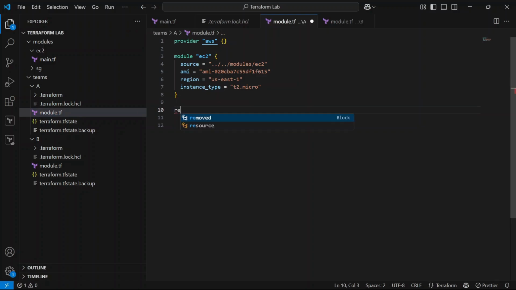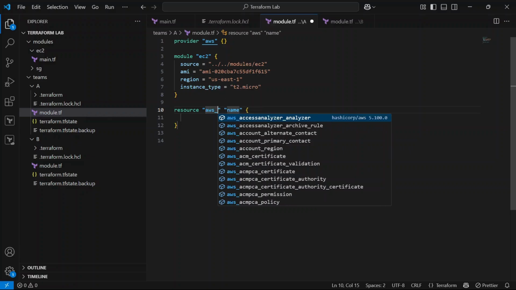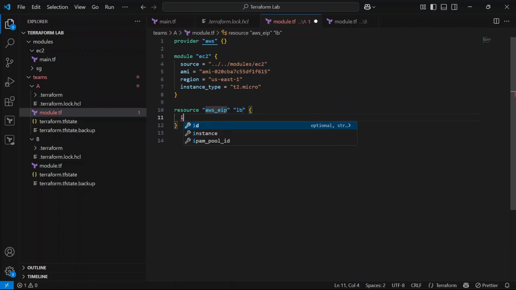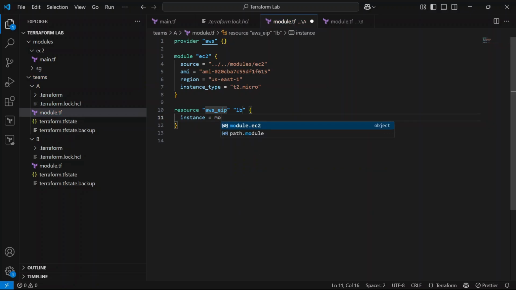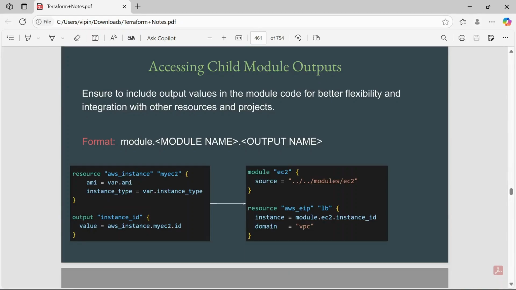Now we are going to define the resource block to create the elastic IP, aws_eip, and I will keep the name as LB. Here we are going to define instance, and we are going to use module dot ec2, that is module, the module name, and the output name.